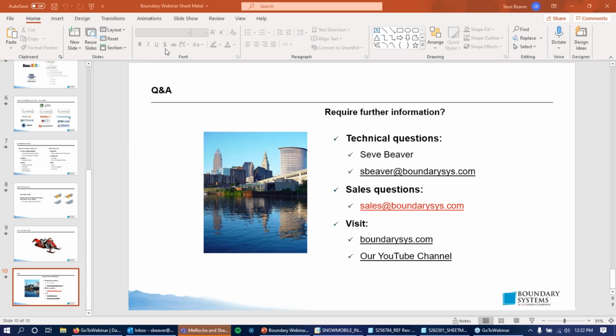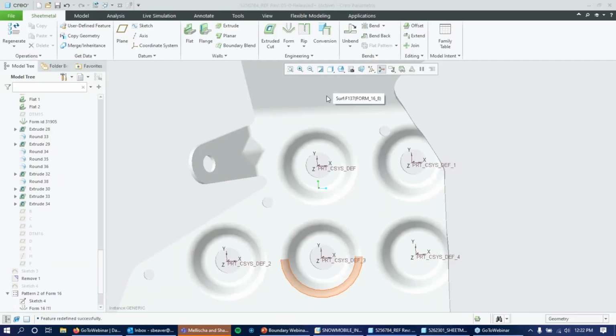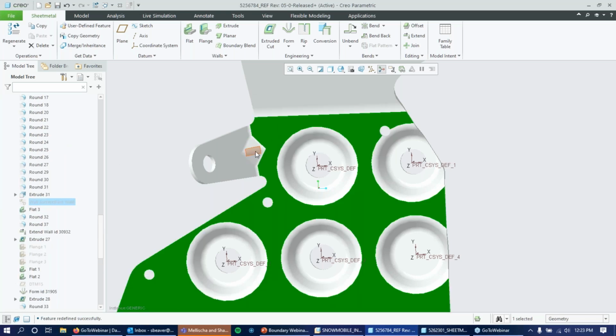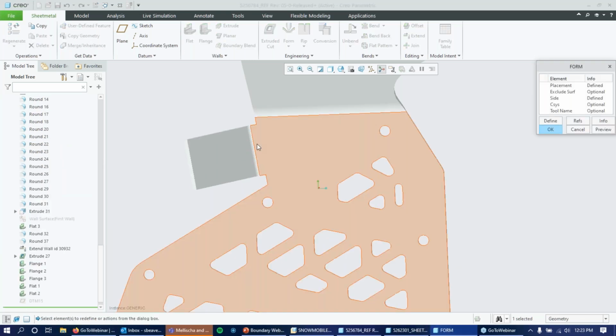Next, there's a bend in the snowmobile part that looks interesting. It looks like neither a bend nor a form. It was to the left of the form feature I was patterning in. How is a feature like that made? So let's see, I'm going to take a look at that and make sure I know what we're talking about. All right, so I believe we're talking about this feature right here. This, I believe, is what's being referenced. So this is actually a punch form. So if I go into edit definition here,